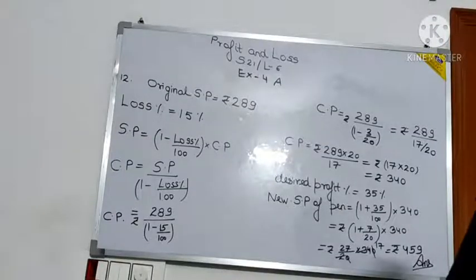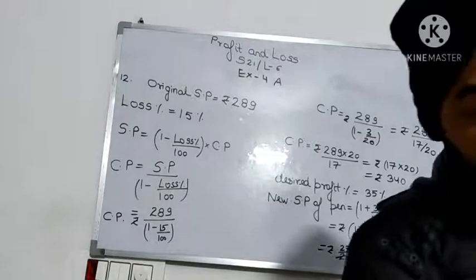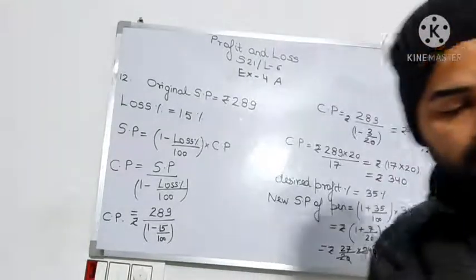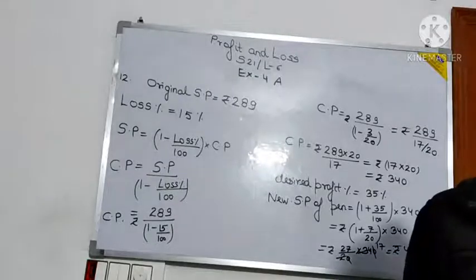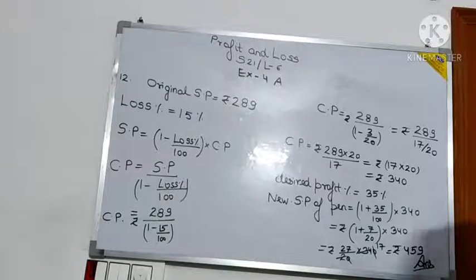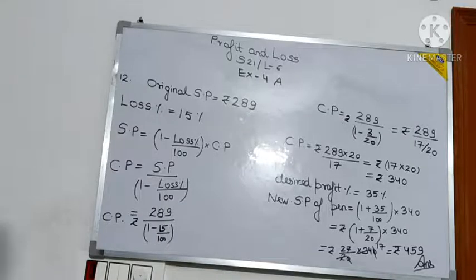Then see here, 13th question. Salim makes a profit of 15% by selling a cycle at 4140. At what price should he sell it to make a profit of 18%? So see here, 13 is the same as that. Then 14th, Raman sold a toy for rupees 20, loss of 20%. Had he sold it for rupees 100 more, he would have made a profit of 30%. Once you are getting some profit or loss data and the selling price, then you calculate the CP and then you add the extra amount.